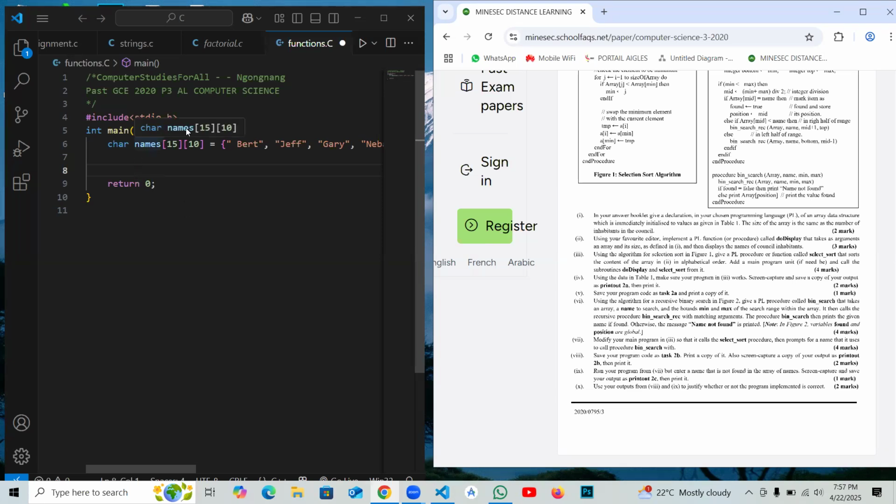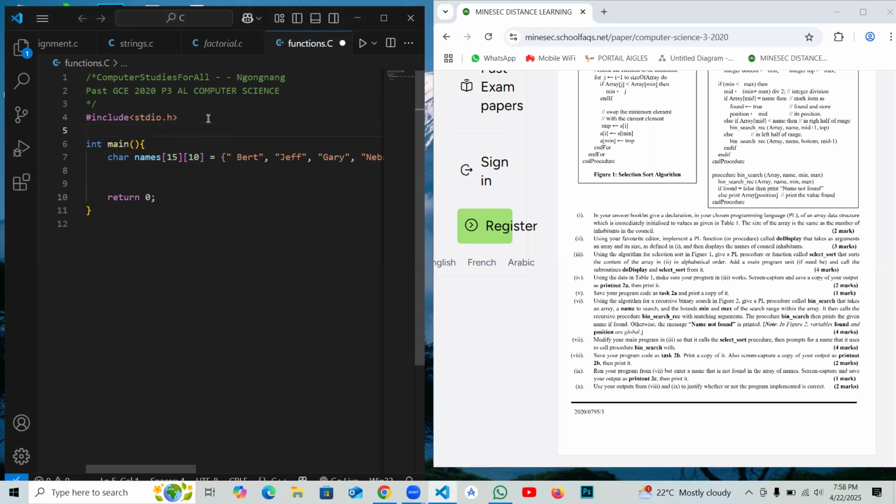It means that we are going to write a function or a procedure, but to me, I think it's a procedure called doDisplay. This function is going to take as parameters the size of the array and the name of the array. Are we together? To do that, we write our function outside of the main function. Let me just say this is sub2, and this sub2 is a function